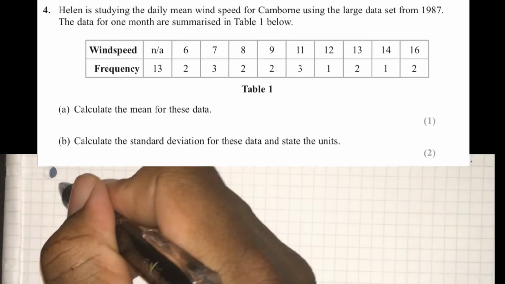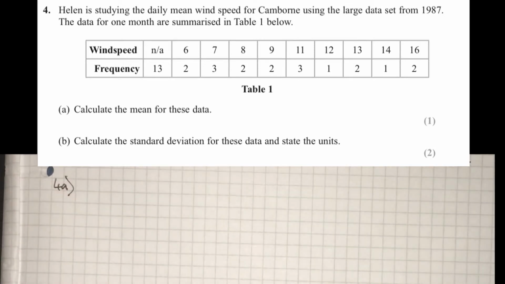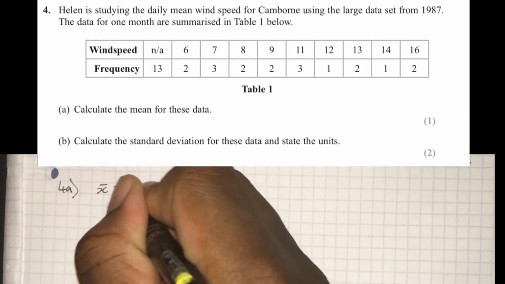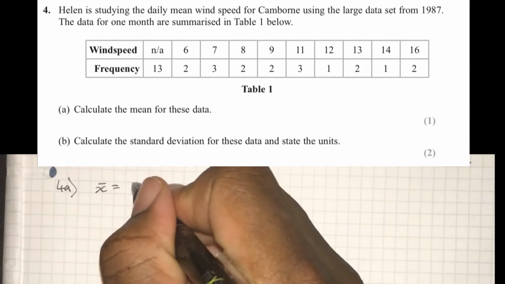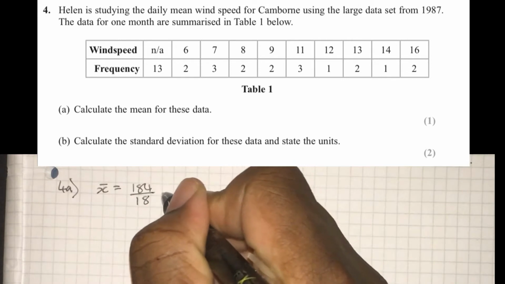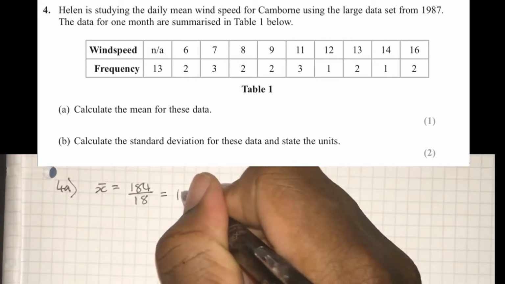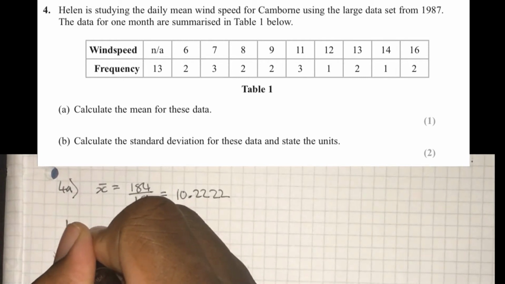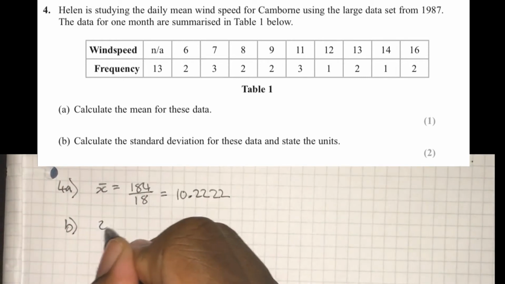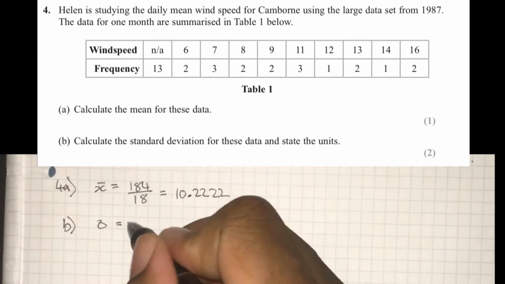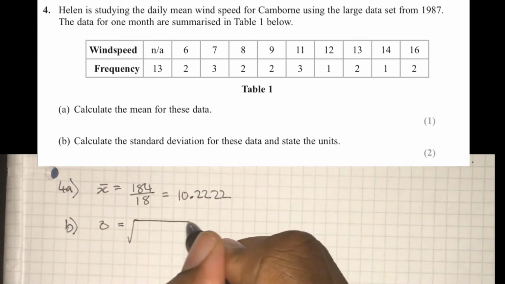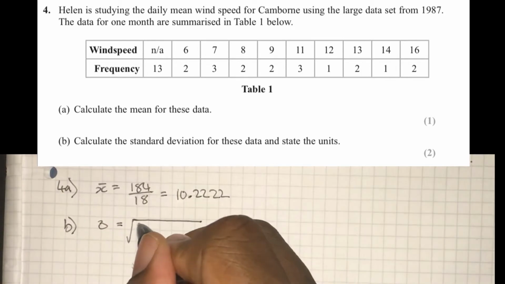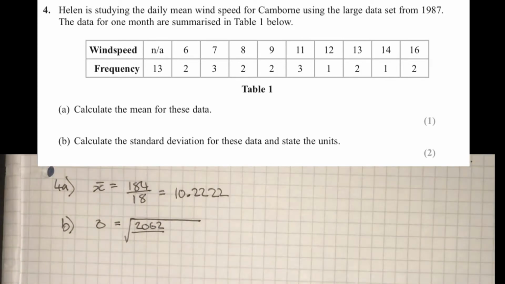Okay, so here we're looking at Helens mean wind speed data. The first thing to notice is there's a NA in the wind speed row, and that, from our knowledge of the large data set, means the data was not available. That means we can't use these 13 non-applicable values in our calculation. We can't use a value of 0, we just cannot use them at all, so we're going to ignore these 13. So in calculating the mean, we're just going to do the sum of x over n, and that gets you